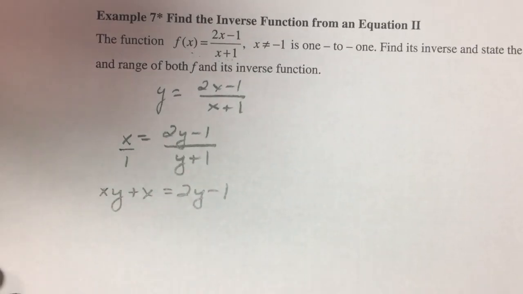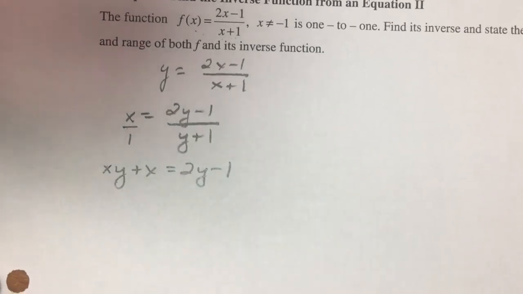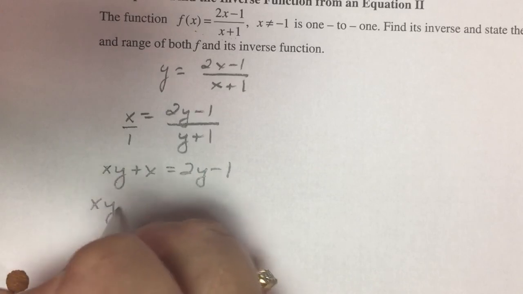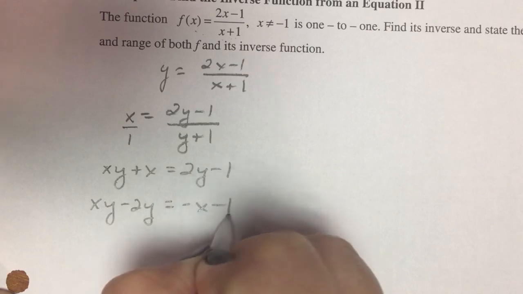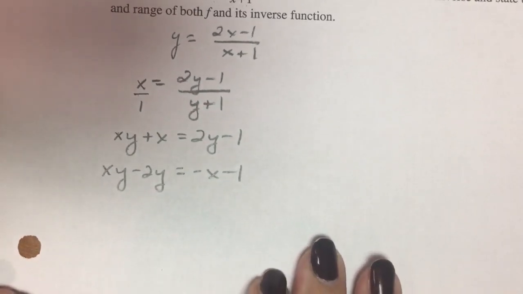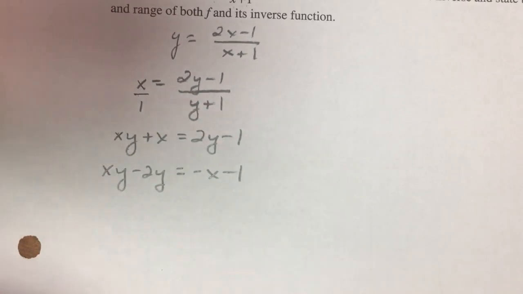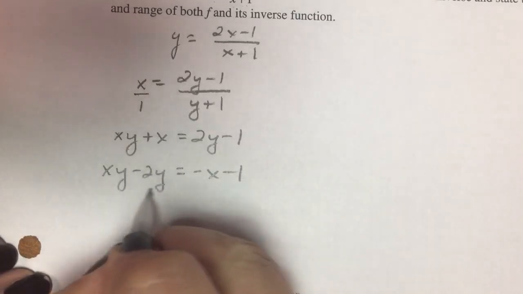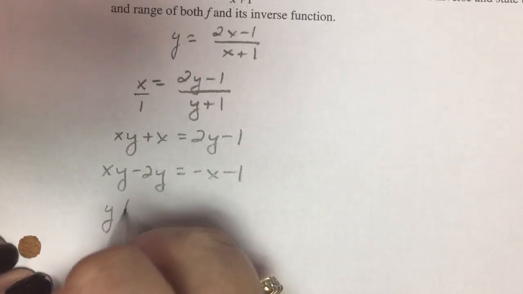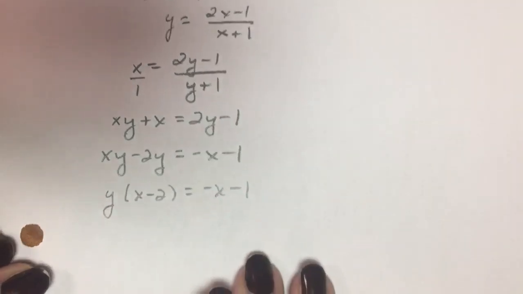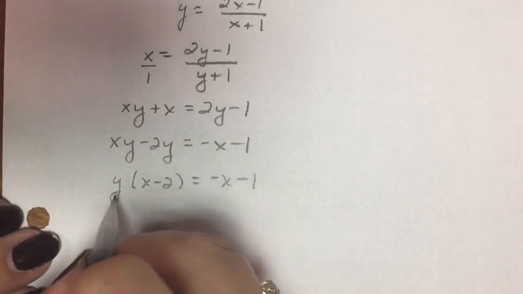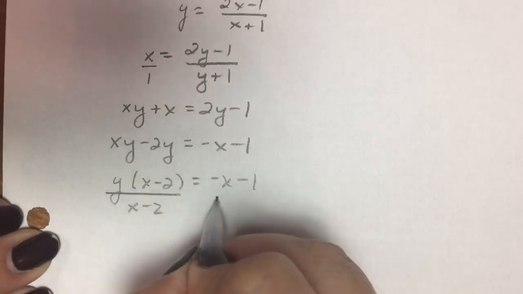It's more difficult because notice we have y's in two different terms. So now what we want to do is gather everything with a y to one side and everything without a y to the other side. Here's the key step. I want to solve this for y. I need to factor the y out of my two terms over here as a greatest common factor. And now if I want to get y alone, I would simply divide both sides